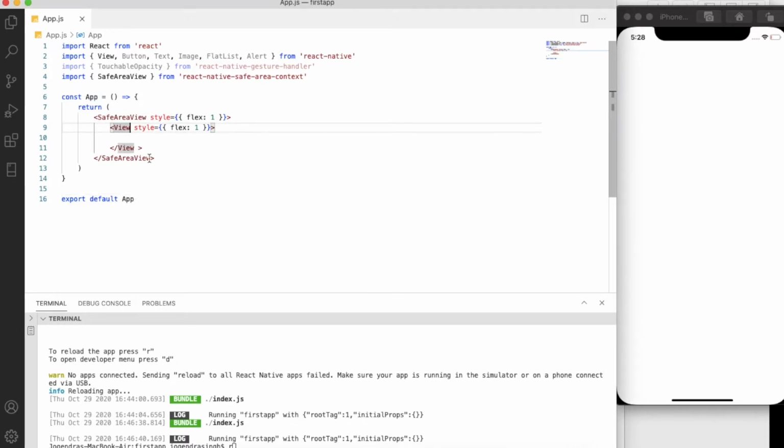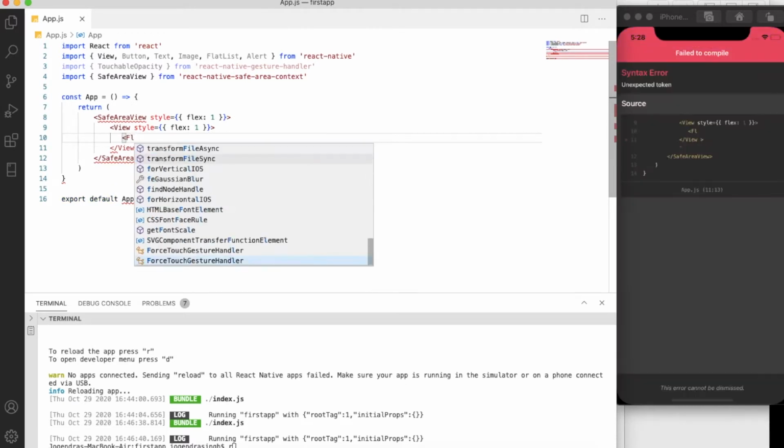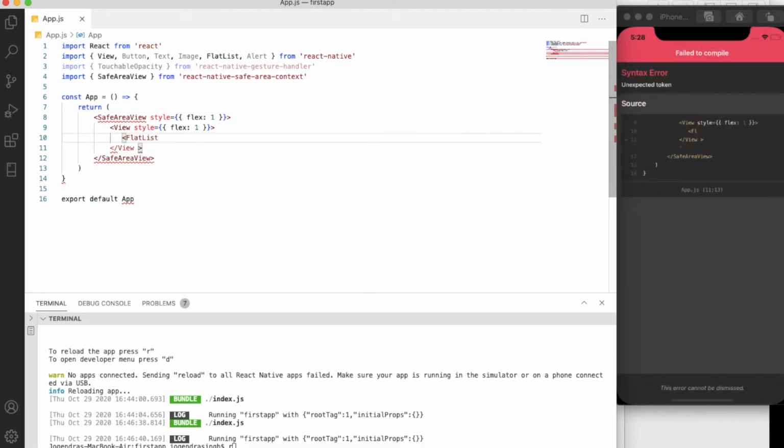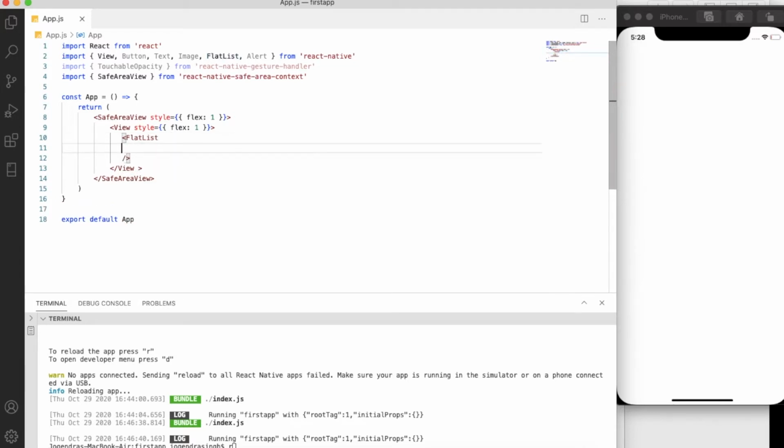So here is my main view. I am creating a FlatList here. I just write down a FlatList, and I am removing this. Okay, this is a simple FlatList. In FlatList we need to pass